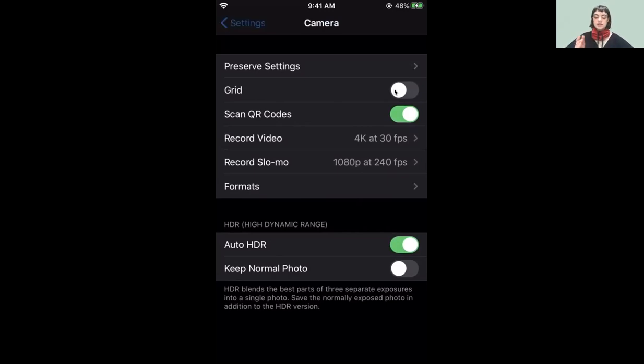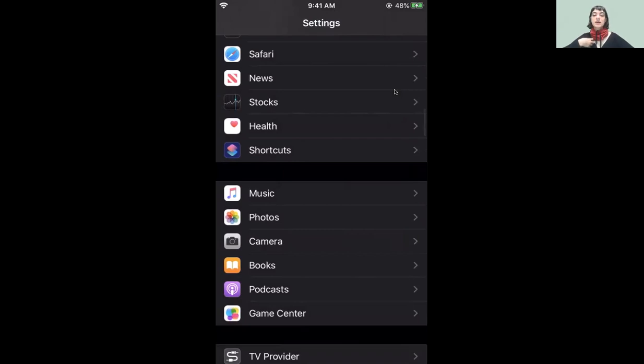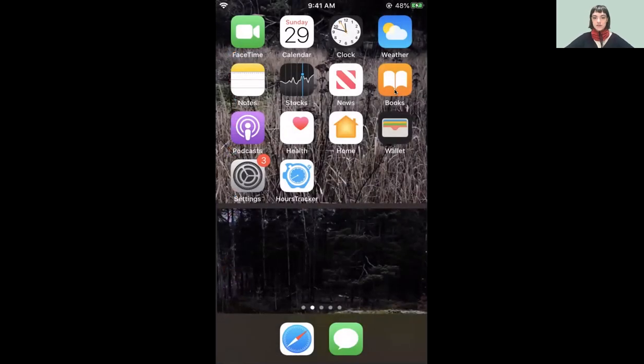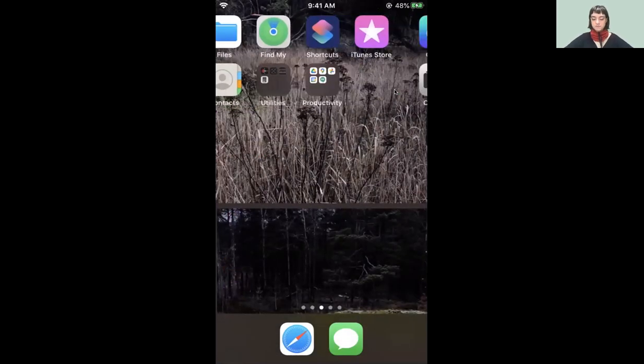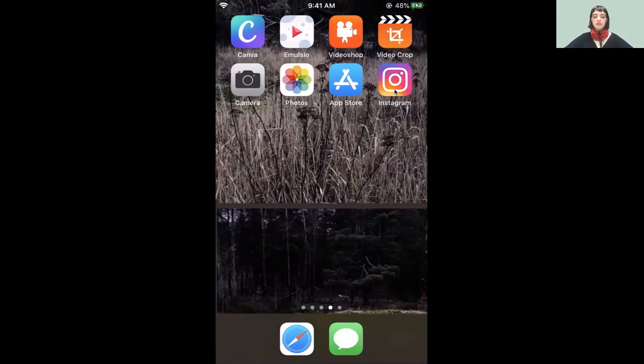So that's my preferences. That's what I would suggest, but you can feel out your phone as you get more comfortable with it and sort of figure that stuff out for yourself. So we're gonna go back over here,